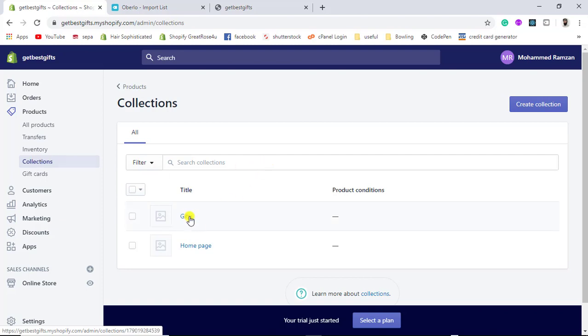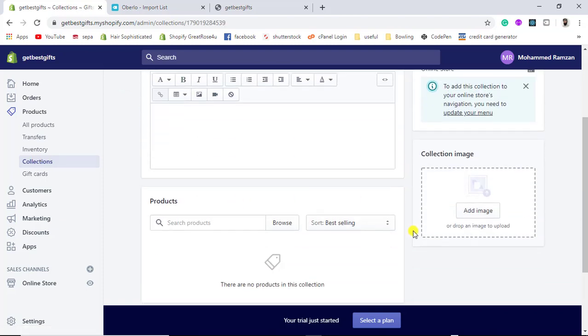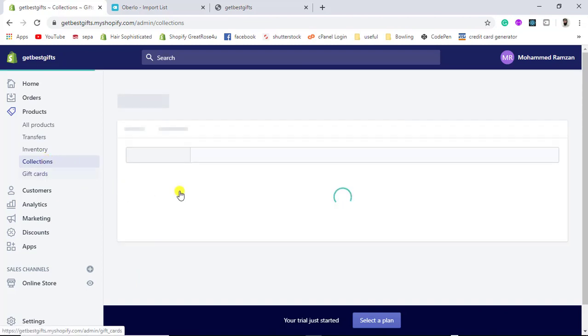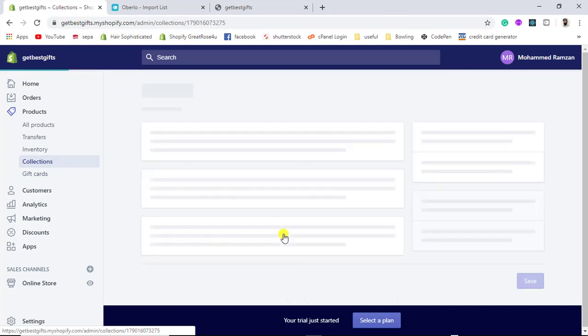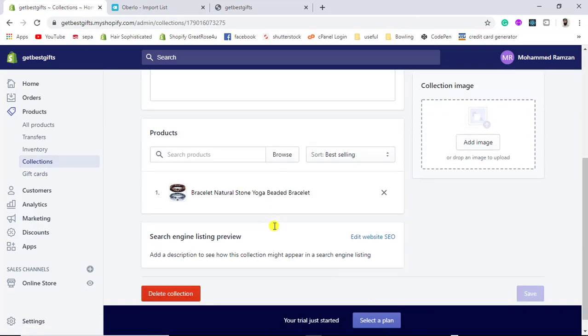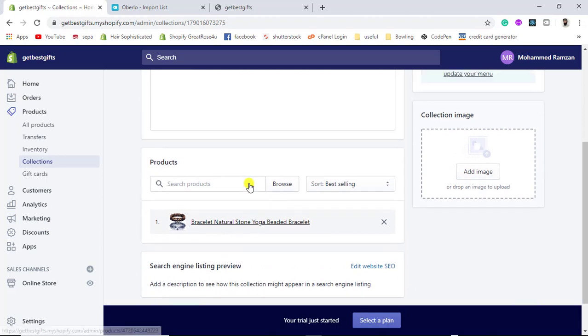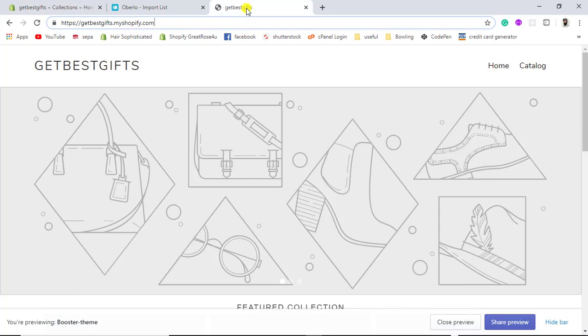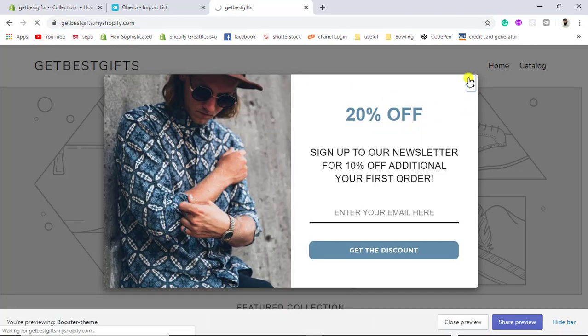we have 2 collections. First one is gift. So if you will see underneath, you will get the list. So here we have added only a single product, and if you will see on home page, then you will also be seeing that specific product over here. All right, so if you will refresh this,